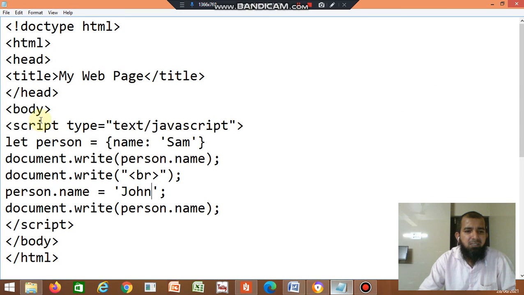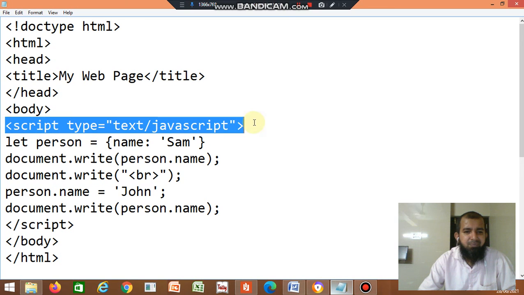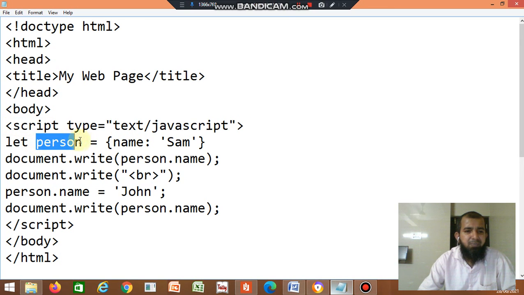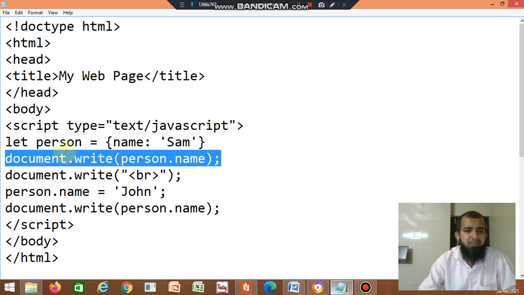This is a simple program in JavaScript. First, the object name is person, and the name is Sam. This is one way to assign the value. Name equal to Sam. Then display person.name. Person is the object, name is the property. It displays Sam. Next, document.write with br for the next line. Then person.name equal to John.